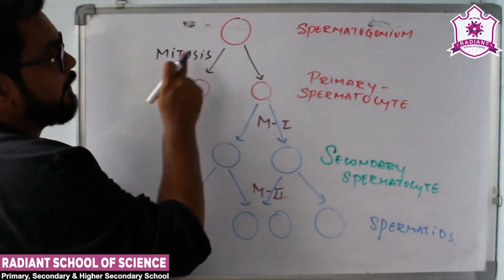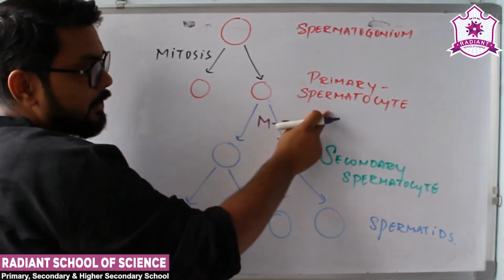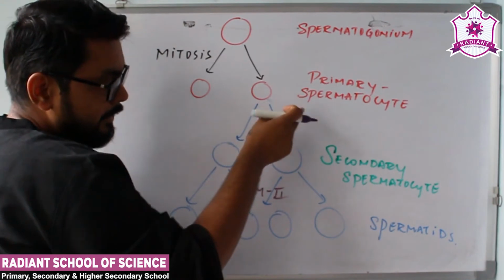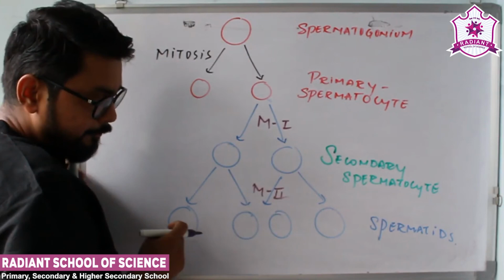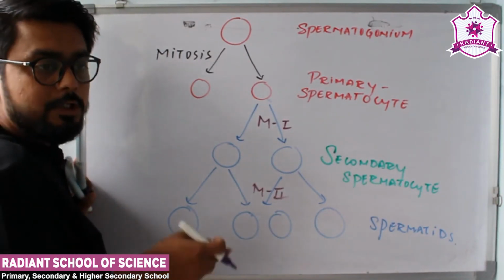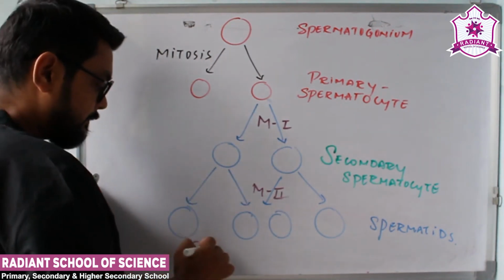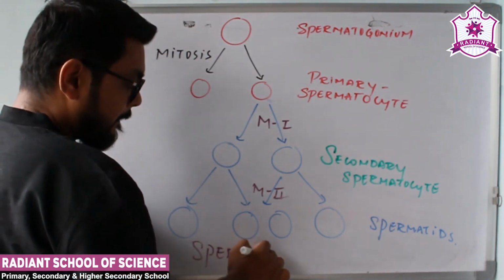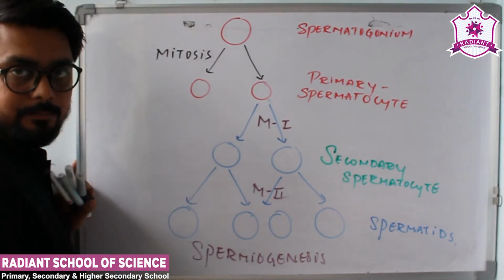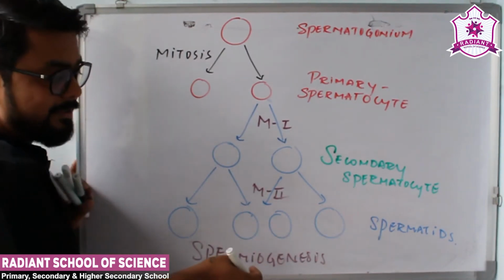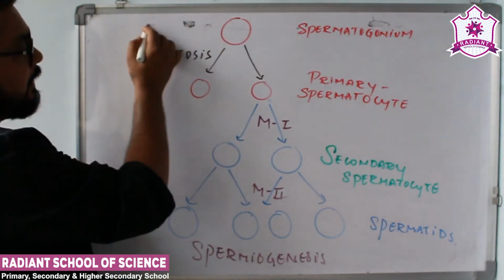So first is mitosis. Spermatogonium undergoes mitosis, forms two cells, which are termed as the primary spermatocytes. Primary spermatocyte undergoes meiosis 1, forming secondary spermatocytes. Secondary spermatocyte undergoes meiosis 2, forming four cells which are termed as spermatids. These are not sperm yet. The spermatids would undergo the process known as spermiogenesis and form the sperm. Spermatids undergo spermiogenesis, and only then will the sperm be formed. Clear? So this process is actually the